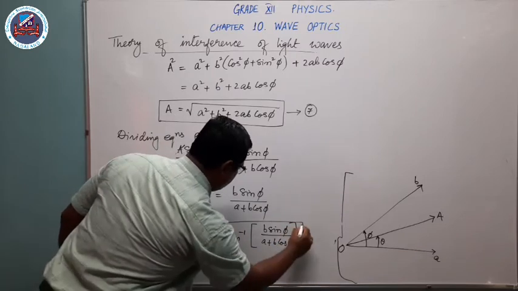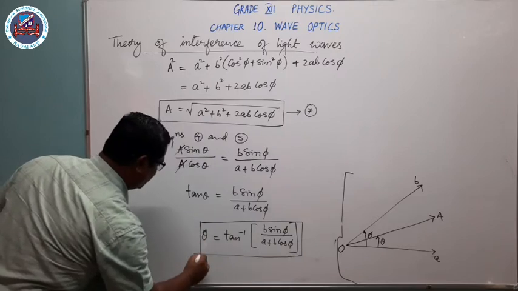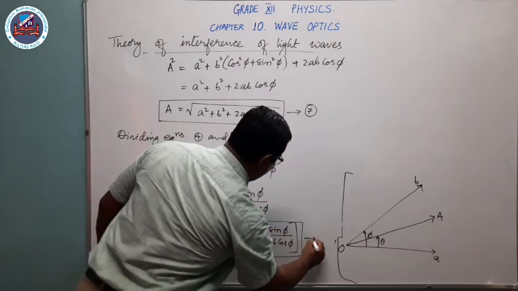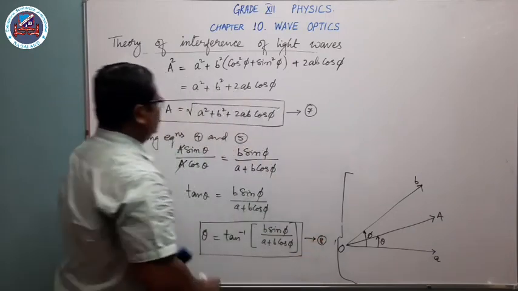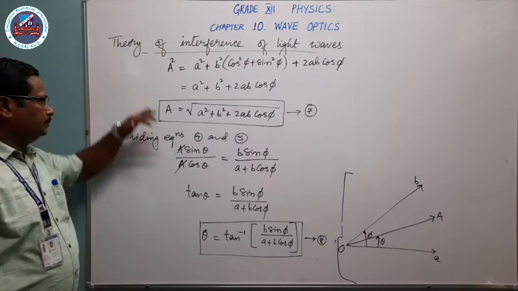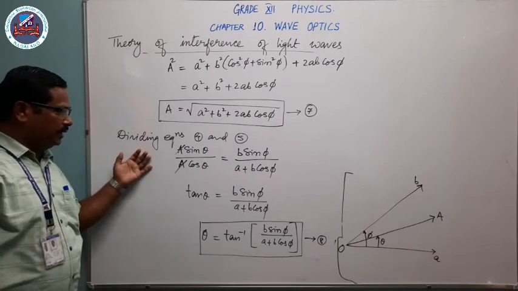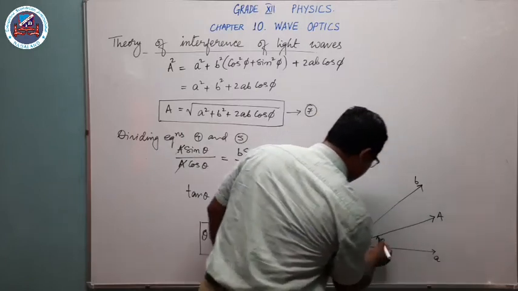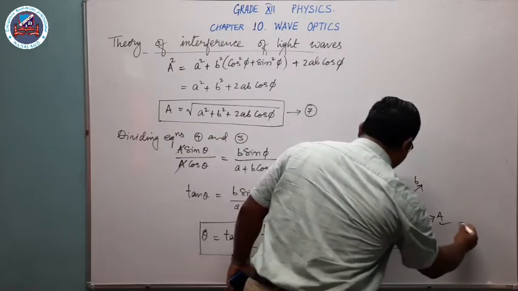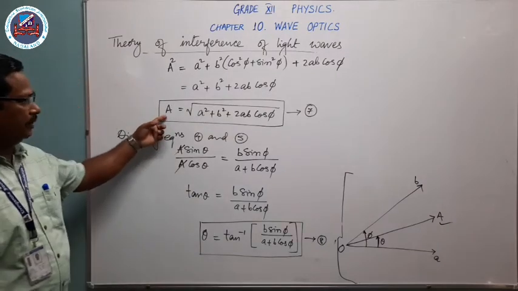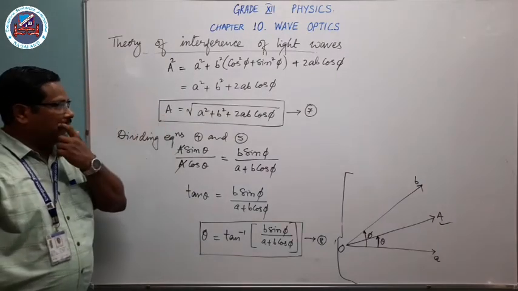This is the phase angle of the resultant wave. Mark it as equation number 8. For quite some time, when we are squaring and adding, and dividing equations 4 and 5, we are doing it for the resultant wave. We have found out the phase angle theta and the amplitude. Now again to continue,